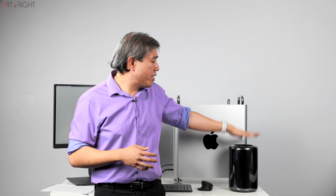So now let's jump into a couple of other programs that I use a lot. Let's talk first about Photoshop. How does Photoshop perform on this machine? The only thing I can say is that Photoshop performs just fluidly on this machine without any issues at all. And this is using the advanced graphics settings in Photoshop too. For this one, I have to turn it down to the basic graphics rendition in Photoshop, and it still lags